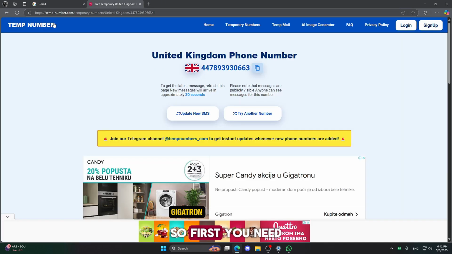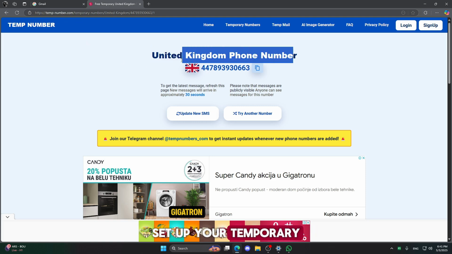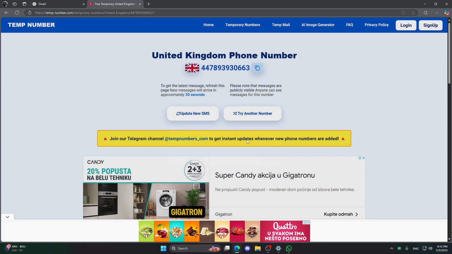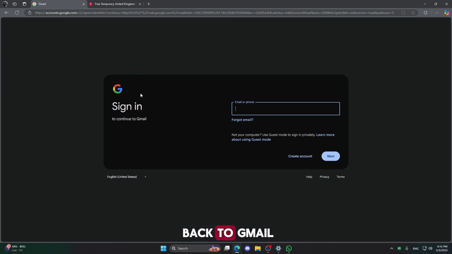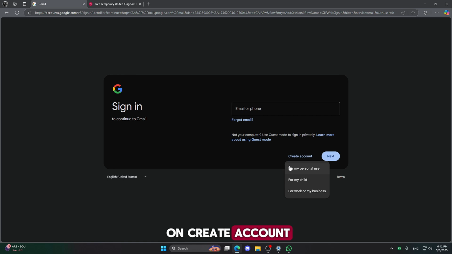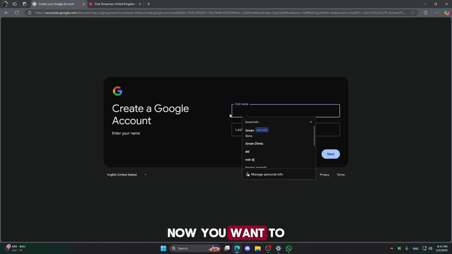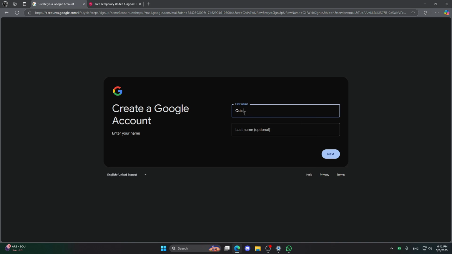So first you need to go to tempnumber.com, set up your temporary number and click on copy. Now we will go back to Gmail, and on this sign in page you need to click on create account, and here click for my personal use. Now you want to type in your first name,